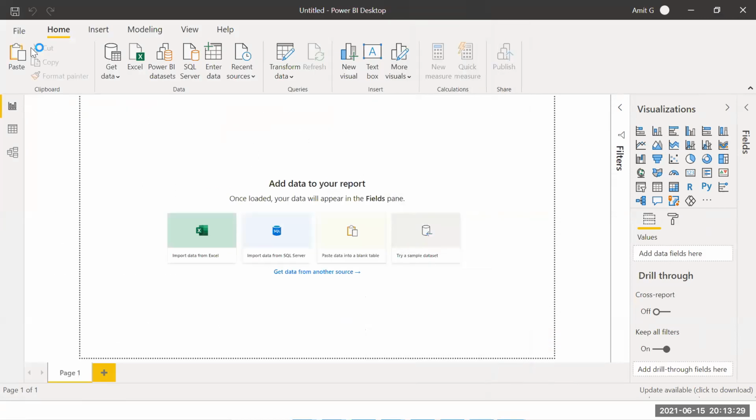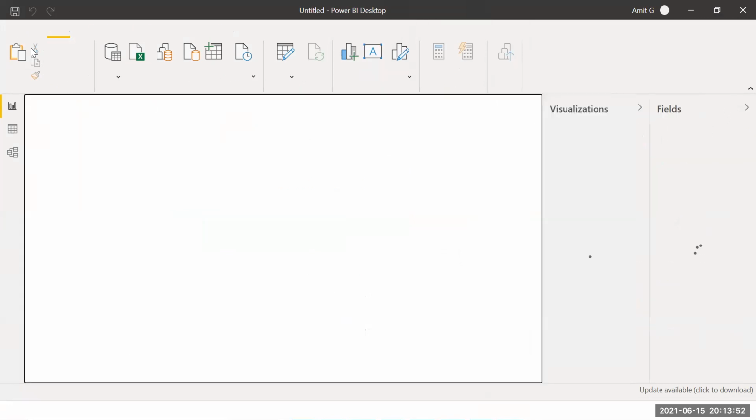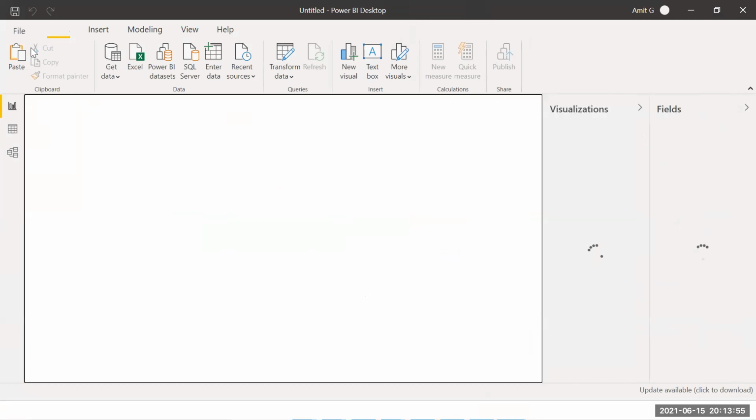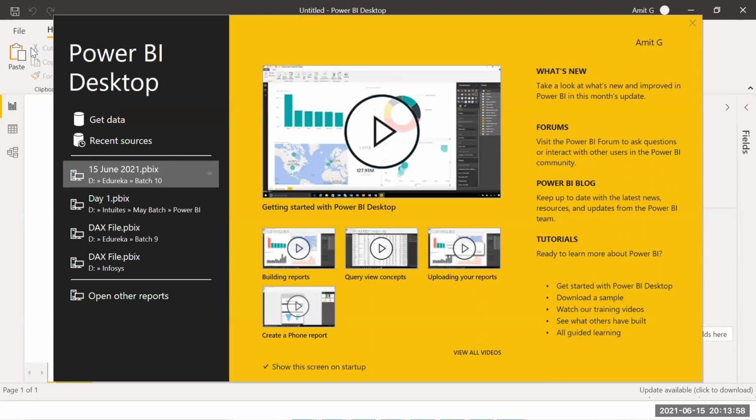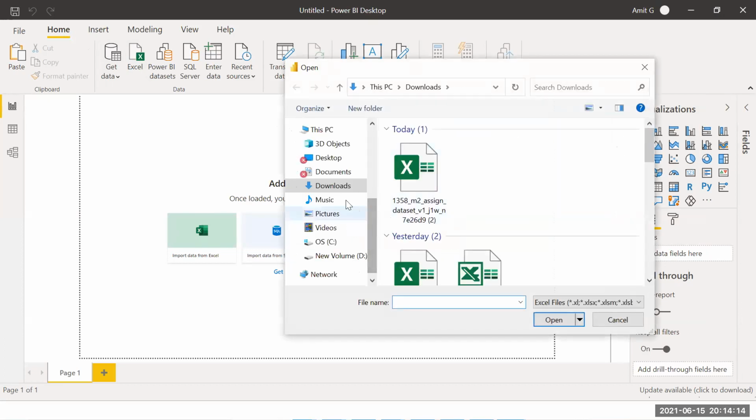In that, as the first step, load the data from the training sample. Get the Excel, the training sample 2.